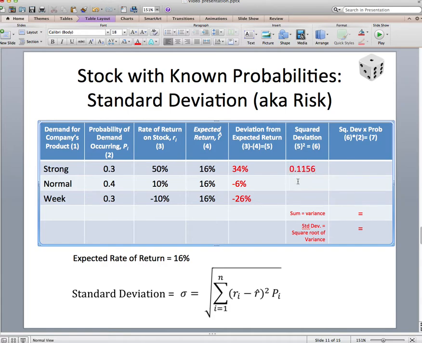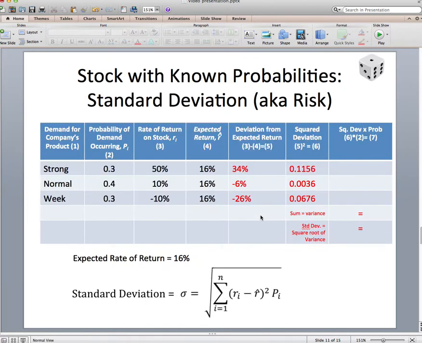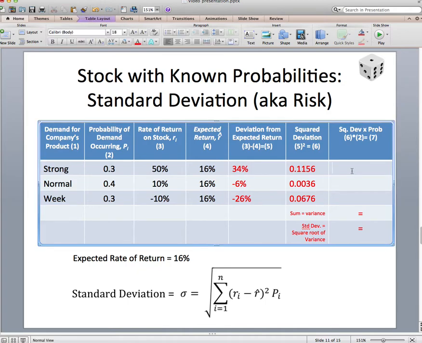Do it again for negative 6, which is 0.0036. And we do it again for negative 26%, 0.0676. So we have 0.1156, 0.0036, 0.0676. Now we multiply what we squared by the probability. So we take column 6 and multiply it times column 2, the probabilities, and we get